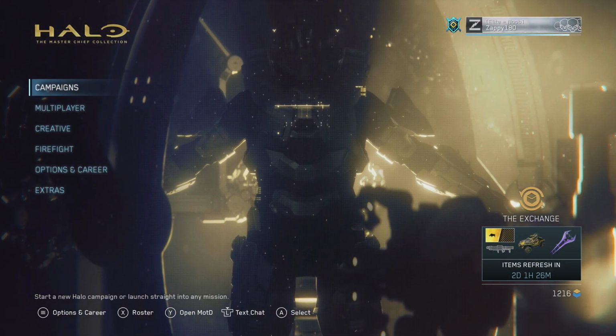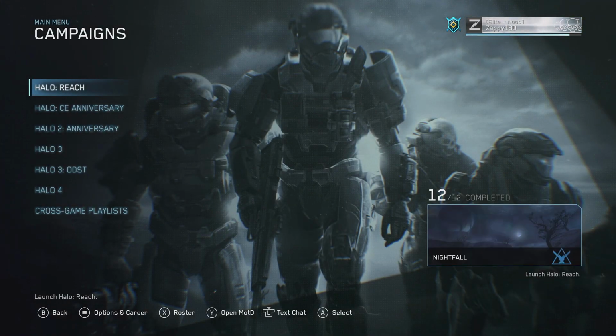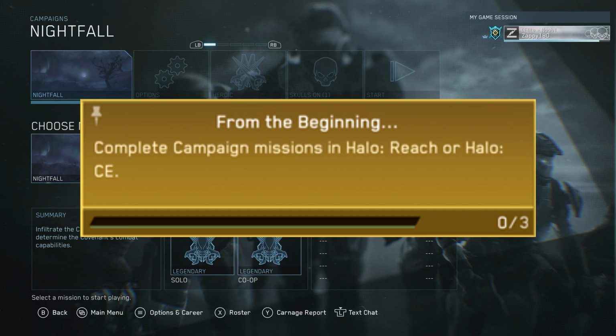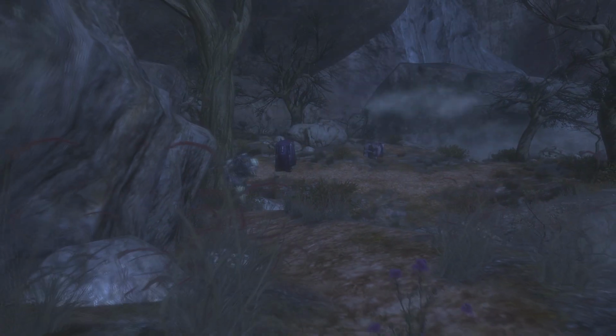Firefight challenges out of the way, the next thing you'll want to do is head on over to Campaign, go into Halo Reach, Missions, and then select Nightfall. The challenge this week for game versions is Combat Evolved and Halo Reach. Out of both of those games, I'd say this level is probably the best in terms of both speed and